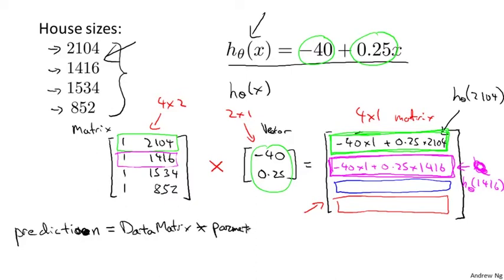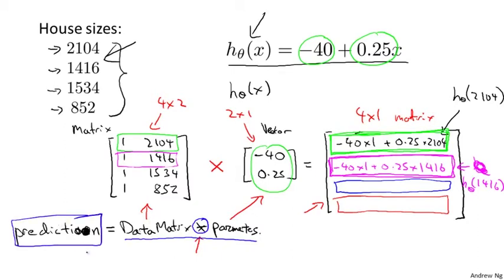times parameters, right? Where data matrix is this thing here, and parameters is this thing here, and this times is a matrix vector multiplication. And if you just implement this 1 line of code, assuming you have an appropriate library to do a matrix vector multiplication, then this variable, prediction, becomes this 4 by 1 dimensional vector on the right